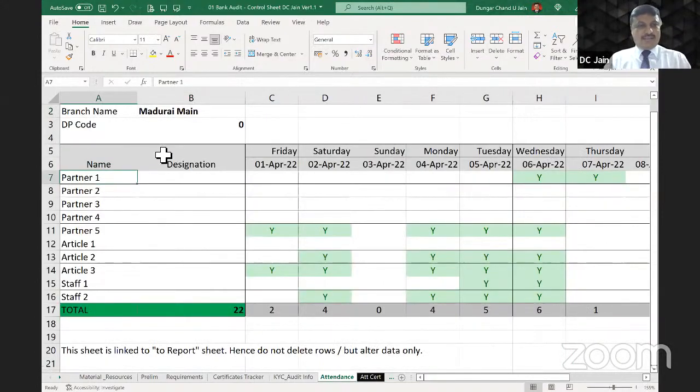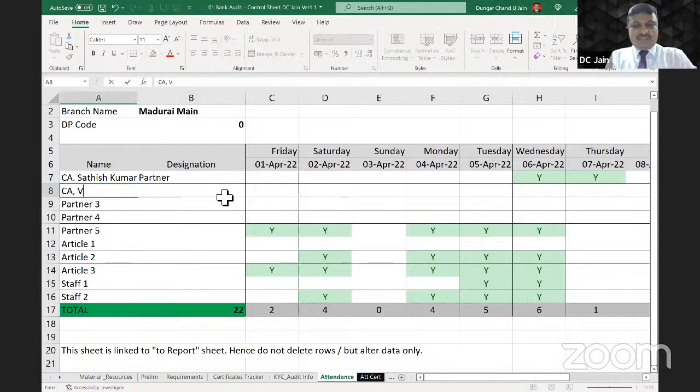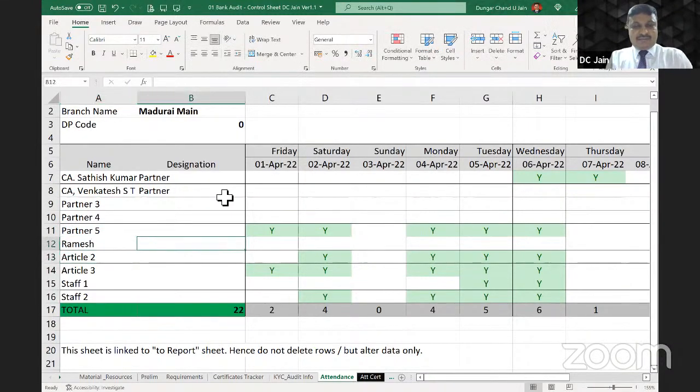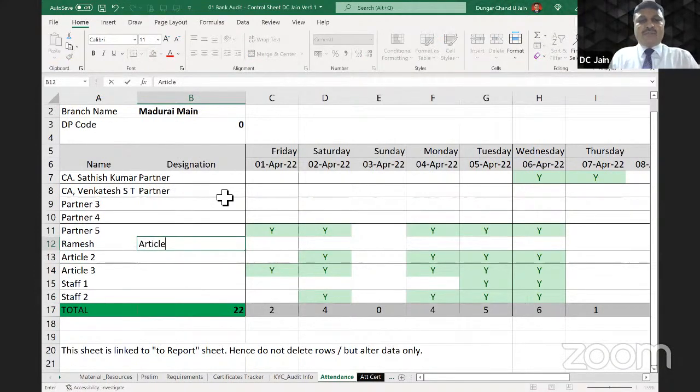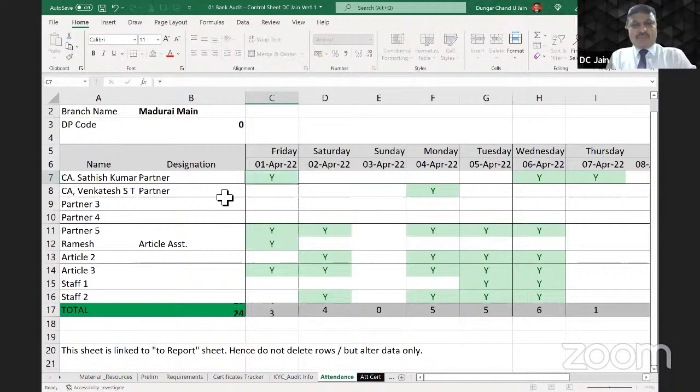Now I'll just try to write the partner's name. Satish Kumar, Partner. CA Venkatesh, Partner. Followed by assistants, say Ramesh. And you can just map down the days when they went for the audit. Now in this case, say Venkatesh sir being senior partner, he has come only from Monday. The junior partners have started say from Friday,